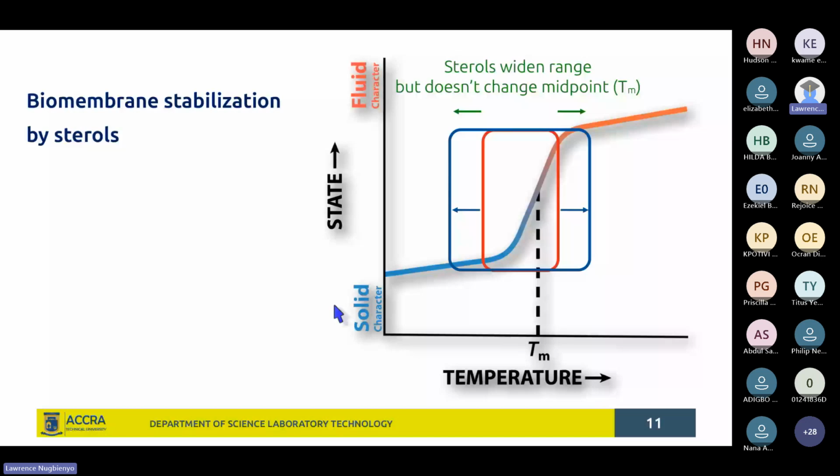If you have sterols in the cell membrane, what the sterols do is widen the temperature range around that transition temperature. That is to say, they give a wider range of the transition temperature,